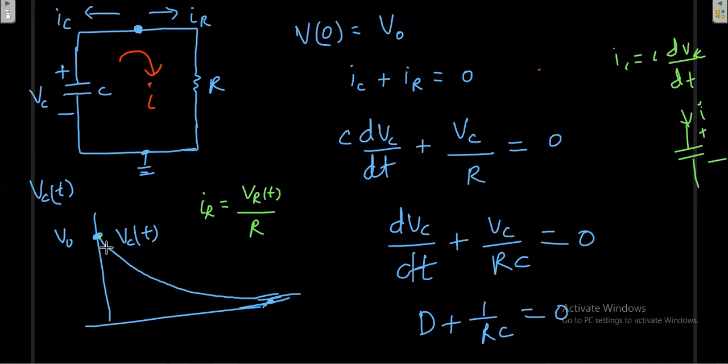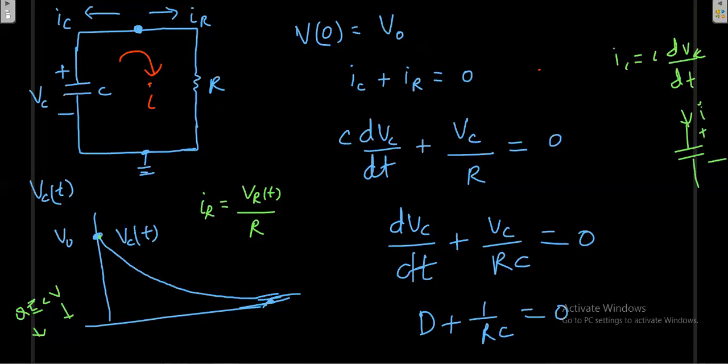After a certain amount of time the voltage will decrease, because you know from the formula Q is equal to CV, if the charge decreases, then the voltage also will decrease. So the charges are going outside, and definitely the voltage also will decrease. Initially the charge flow will be very high, because suppose 1000 charges are there, initially 500 charge will go, then 200 charge, then 100 charge, then 10 charge, then 5 charge, like that. Initially the charge flow with respect to time will be high. That's why initially we get more current, but ultimately we get less current, ultimately zero current. This is the charge nature. The charge is decaying like this.